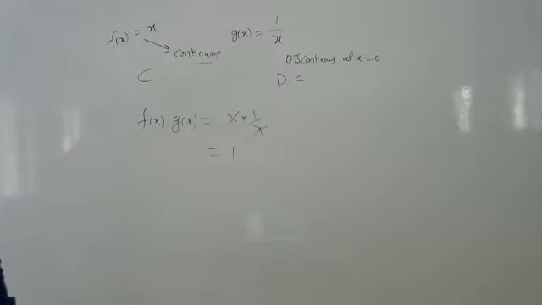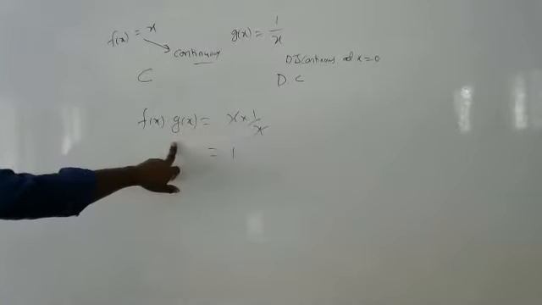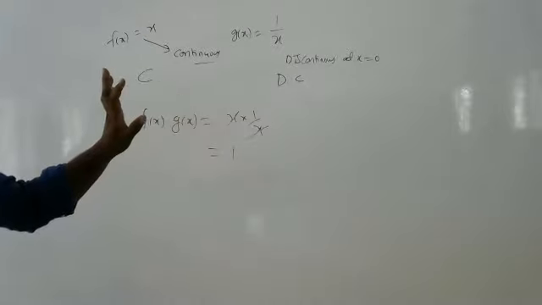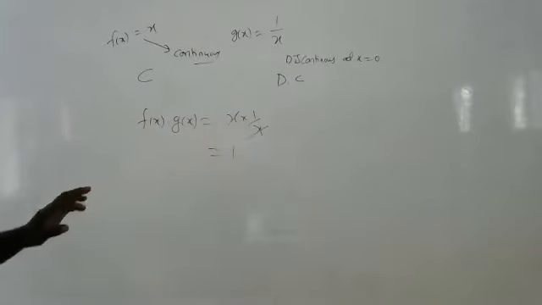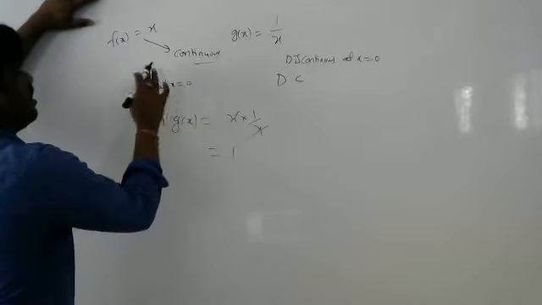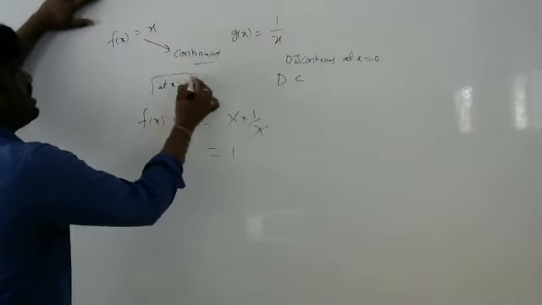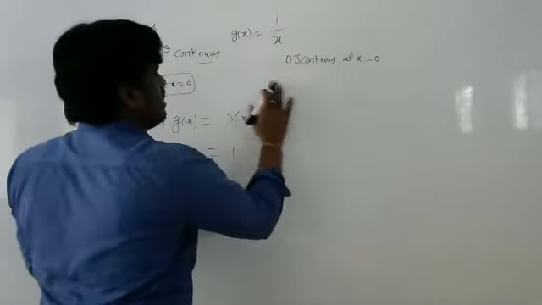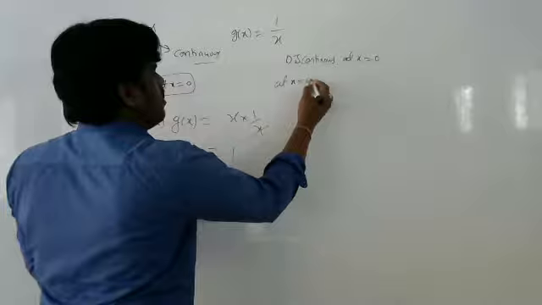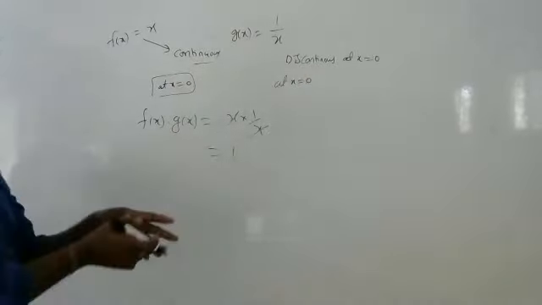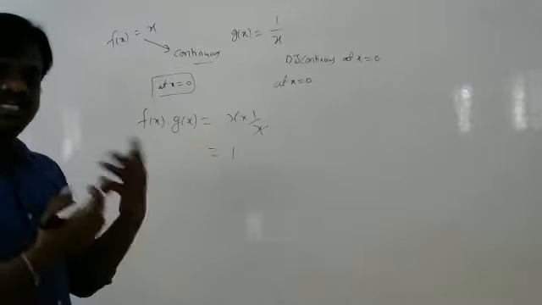It is continuous. Here, if I say x is not equal to 0, we are talking about x equal to 0 only. Continuous and discontinuous we discuss at a point. If I am discussing at x is equal to 0, one function is continuous and the other is discontinuous, and the product is continuous. In another case, if I take a discontinuous one, I'll get...